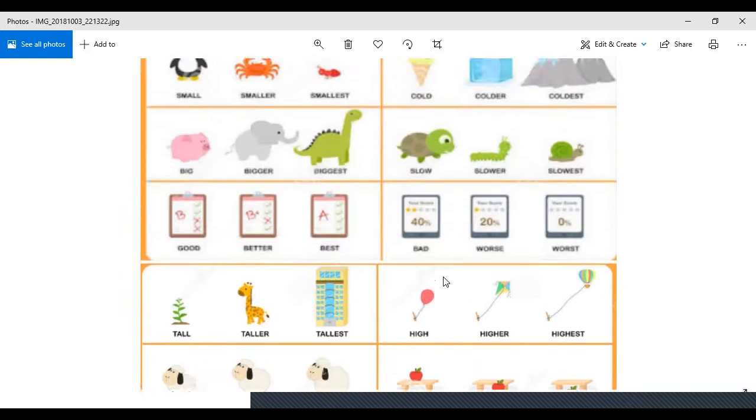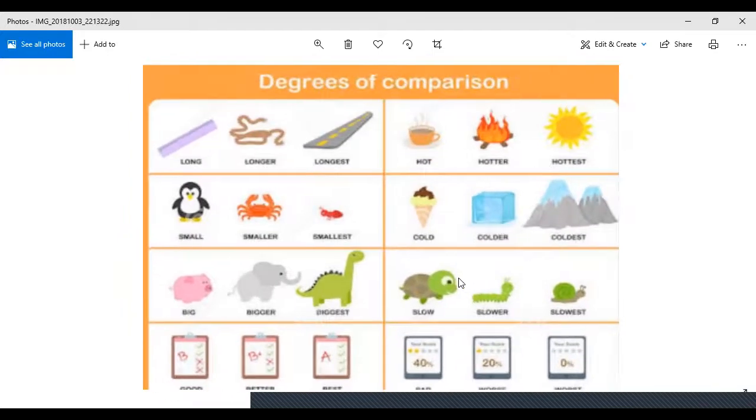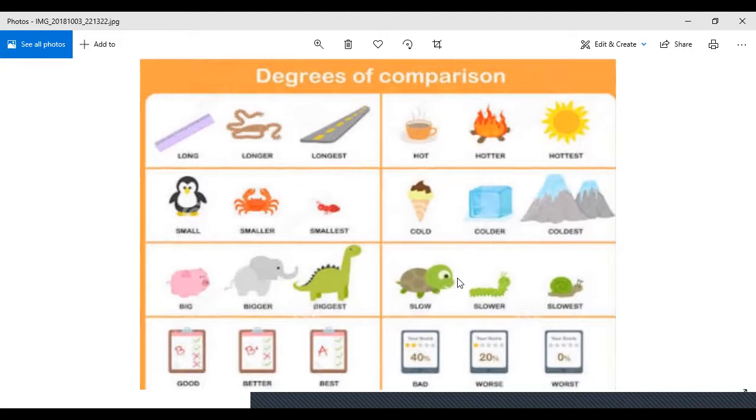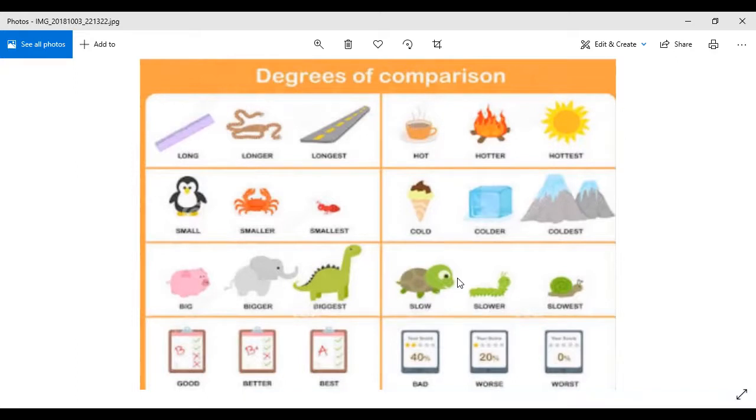So this is how we make the degrees of adjectives. So look at these as well, which are on the top. The first is long. This is what I was telling you, that when we talk about the height or length of something in the horizontal manner, we use the word long for it. And when we talk about the length or height of something in the vertical manner, we use the word tall for that, right? Tall can be used only for things while referring to vertical height, and long can be used while referring to horizontal one.